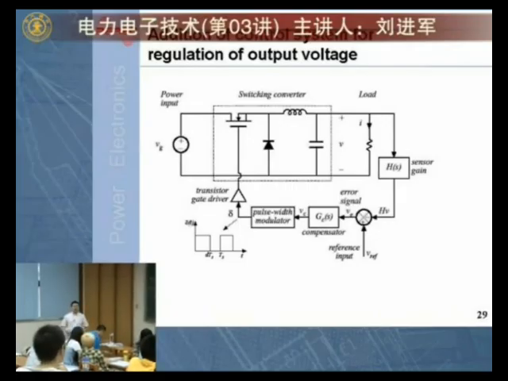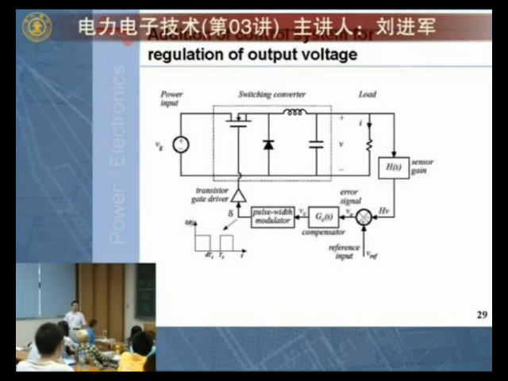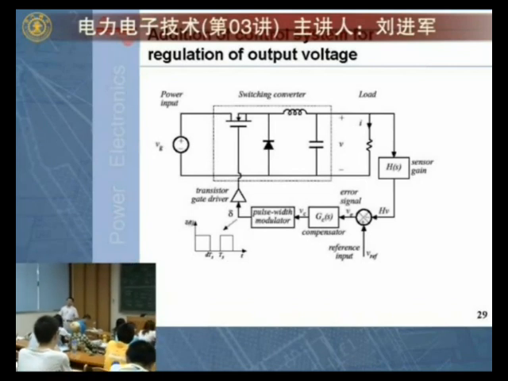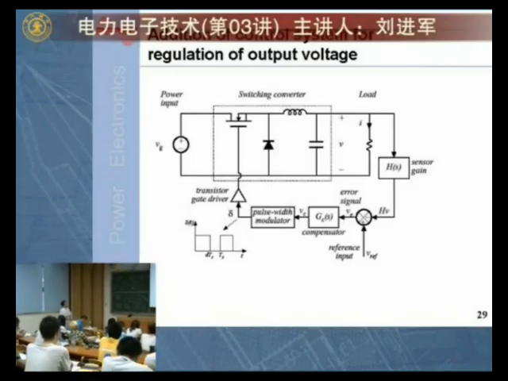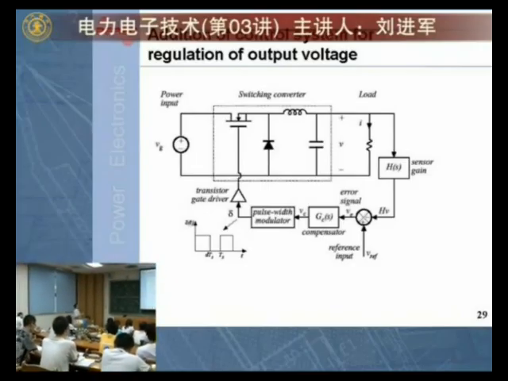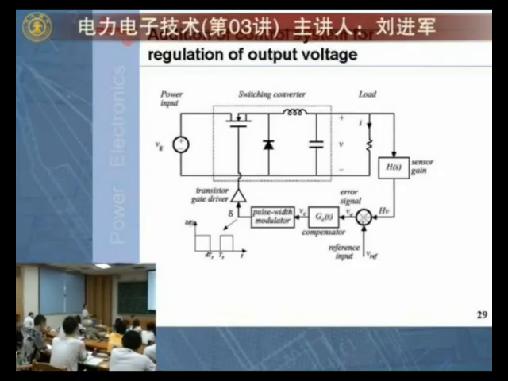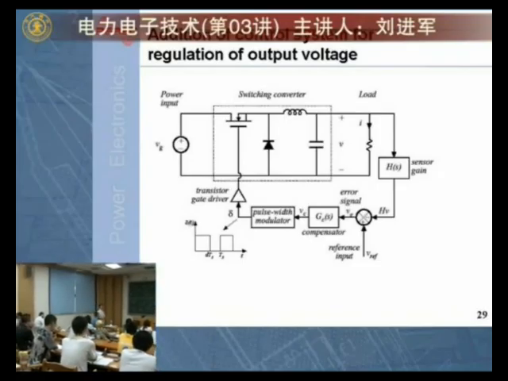They also waste energy. There will be energy wasted in these semiconductor devices. And how can we design appropriate semiconductor devices